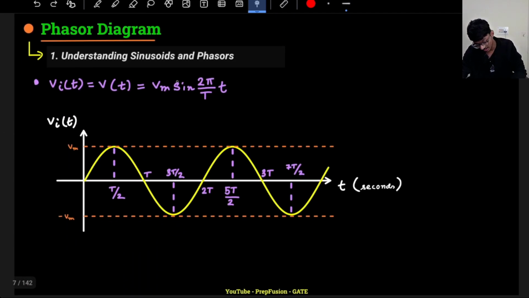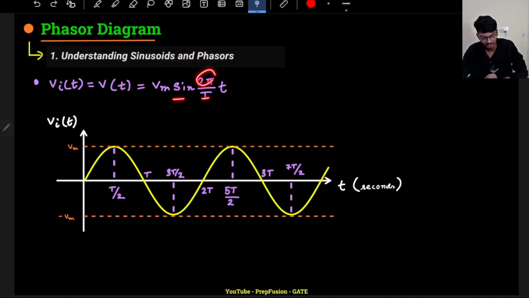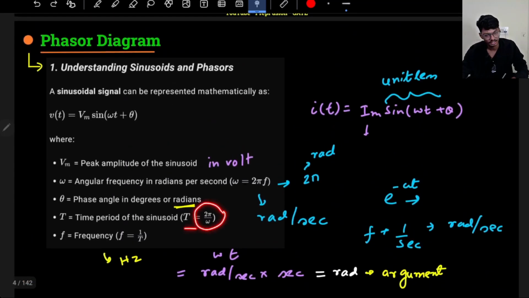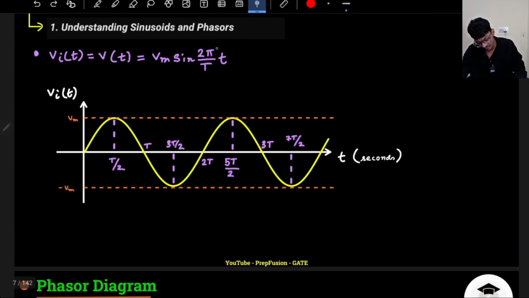The third point is, if your sinusoid is defined something like sine 2 pi by T, what does it mean basically? This 2 pi by T is omega only, right? Omega equals 2 pi by T, or T equals 2 pi by omega. I have already told you this, and I hope I don't need to explain it. So if it is written in this form and we are varying t,